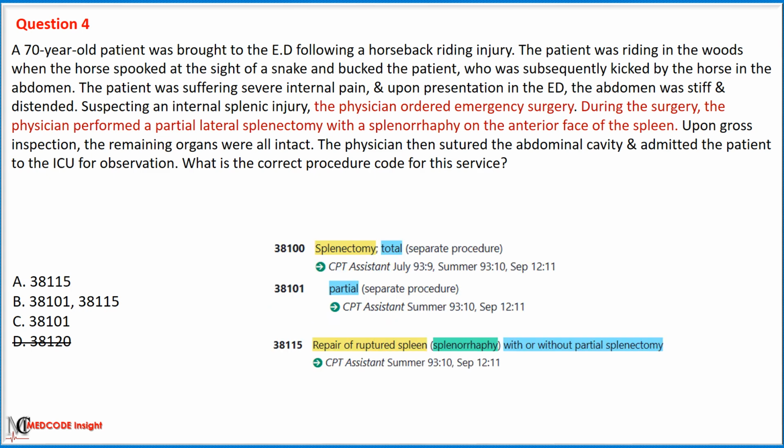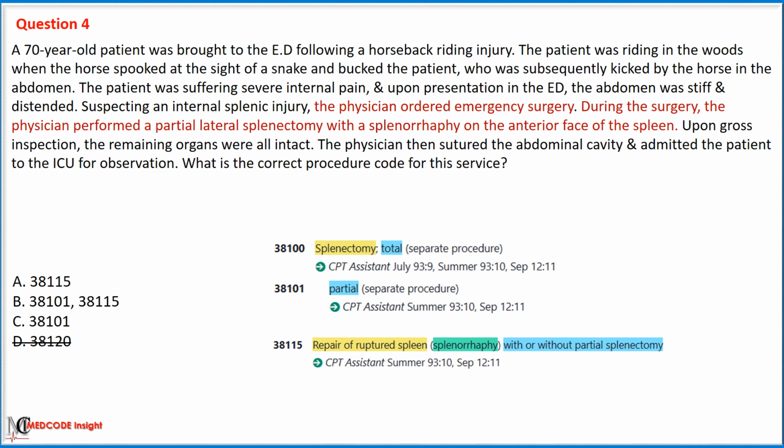We can eliminate option C as code 38,101 is used only for partial splenectomy, and option B because the code 38,115 includes both partial splenectomy and splenography, so there is no need to code separately for the partial splenectomy.